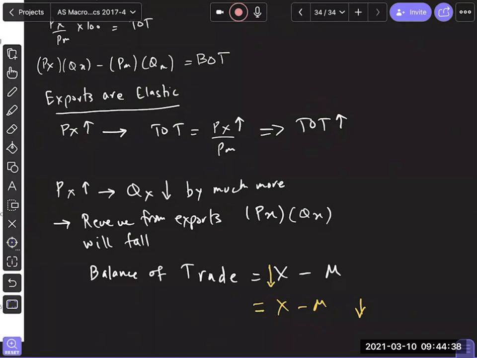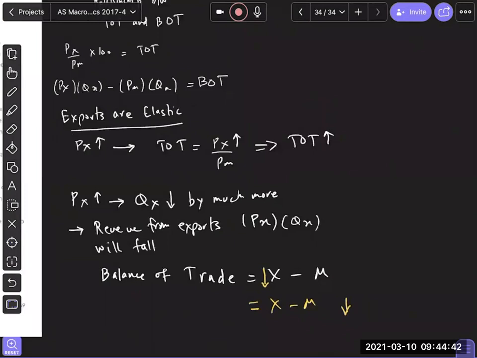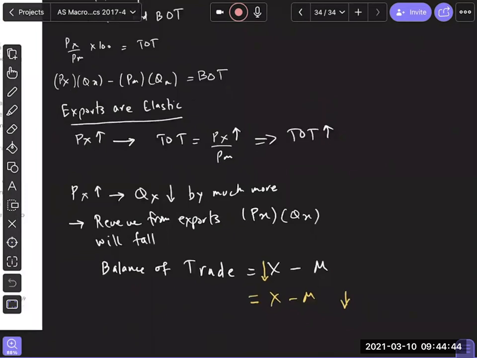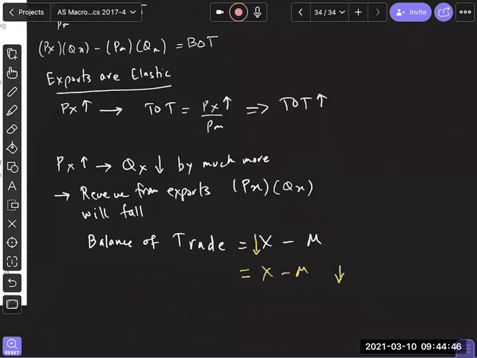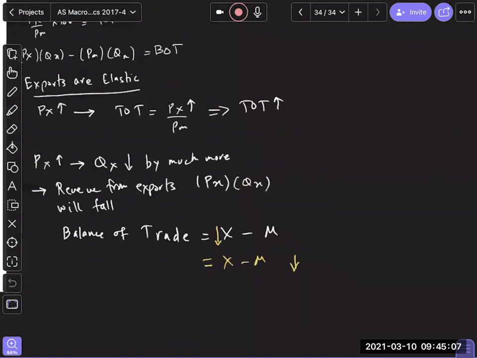Do you guys get that? If the goods are elastic, you would rather want terms of trade to worsen. In fact, China is a great example. They try to make sure that the export prices are low, because terms of trade worsening is good news for them. Whenever they're selling elastic goods, they want the terms of trade to be bad, because that makes their goods cheaper in the global market. Makes sense? But look at countries that are selling inelastic goods, right?